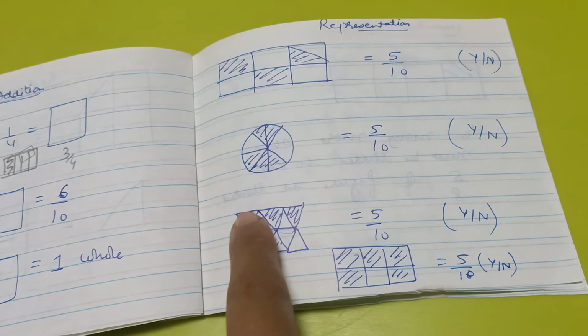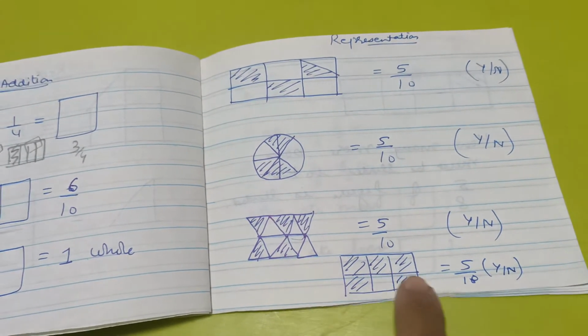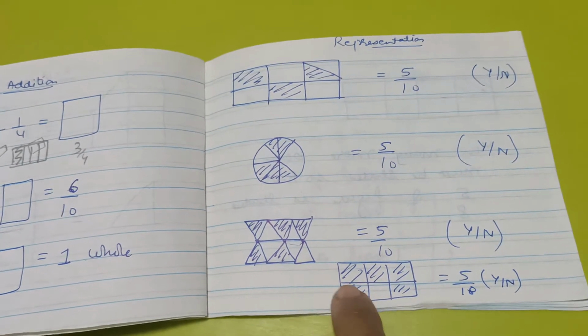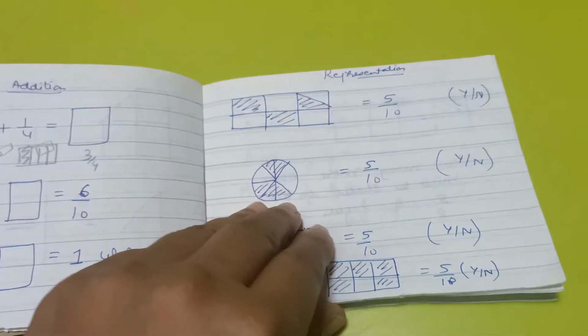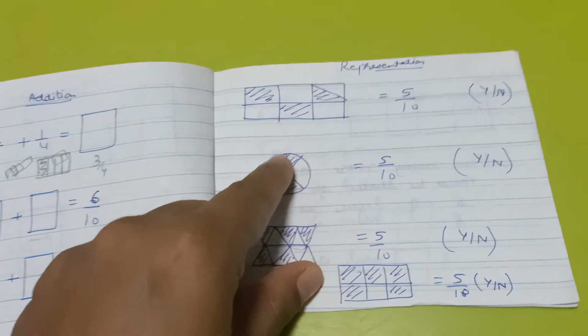Here is it 5 by 10? 3, 4, 5, 6, 7, 8, 9, 10. Yes, it's 10. Is this 5 by 10? So here it's 5, but it is divided into 6 parts. This is also false. So here the point is, here I have shown only half of the lines.